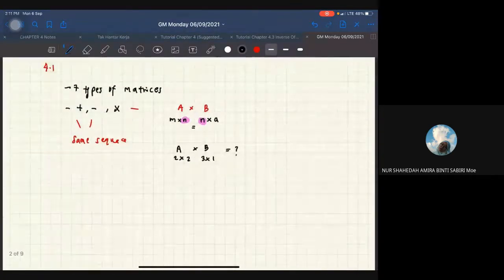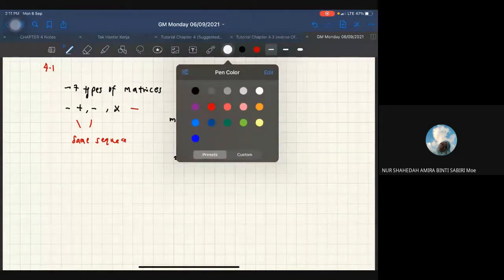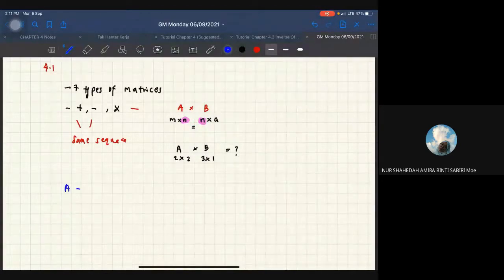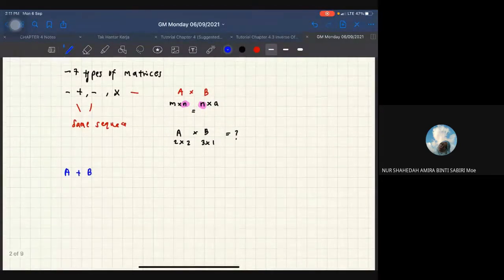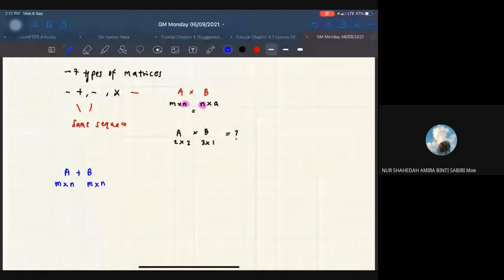Okay, so untuk proses tambah dan tolak matrix, dia mestilah the exact same number of rows and juga column. Okay, so contoh kita ada matrix A. So let's say we have matrix A plus B. Okay, so A ni untuk dia boleh ditambahkan dengan B, dia mestilah sama row. So contohlah kalau A adalah row dia M, B pun mesti row M juga. Okay, and then kalau dia punya column is let's say N, the matrix B must also have N column. Okay, dia mesti yang sama juga. So barulah dia akan jadi, nanti awak tambah je dia punya elemen, setiap elemen yang berada dekat dalam matrix tu,